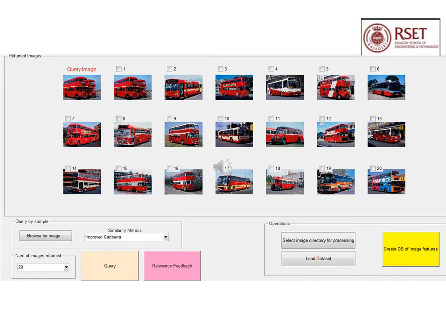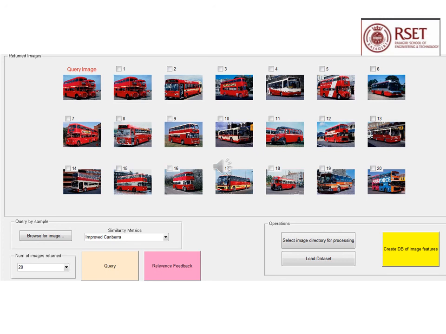In this screenshot you can see a pink color button called relevance feedback. In the previous slide I marked my irrelevant image, and once I press this relevance feedback, that irrelevant image is removed from the displayed images and more relevant images to the query image will be displayed. So these are the final images retrieved after the relevance feedback.